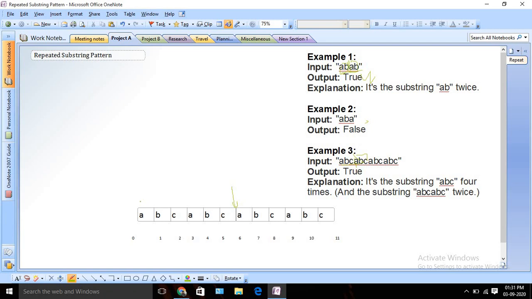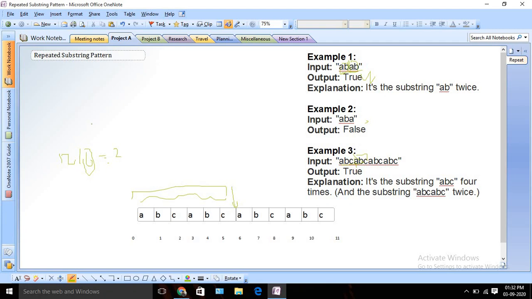Then I will think of this as my substring. I don't know what characters are inside, but I will think this can be one possible substring, and I will check it. Here my i value will be 6, so my substring size is 6 and I need to repeat it 2 times, since 6 into 2 is 12. At first I will take this as my whole substring, and then I will repeat it 2 times because 12 by 6 is 2.